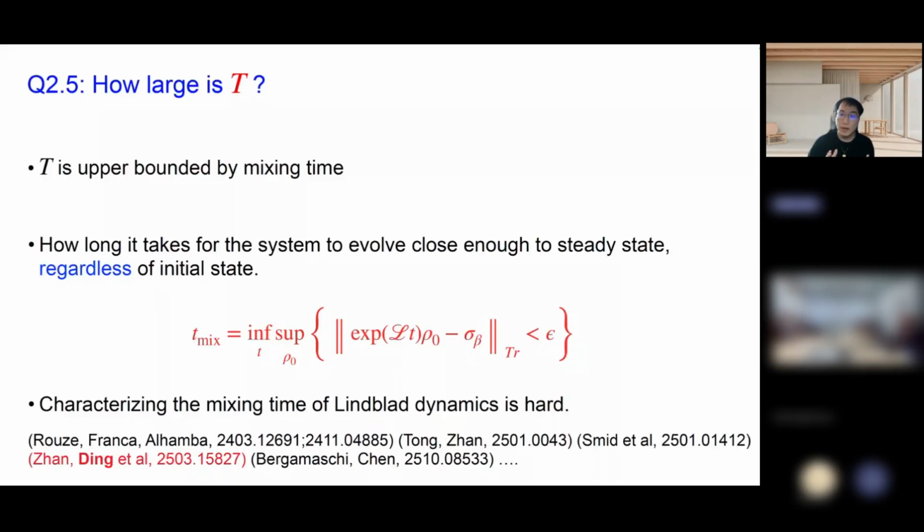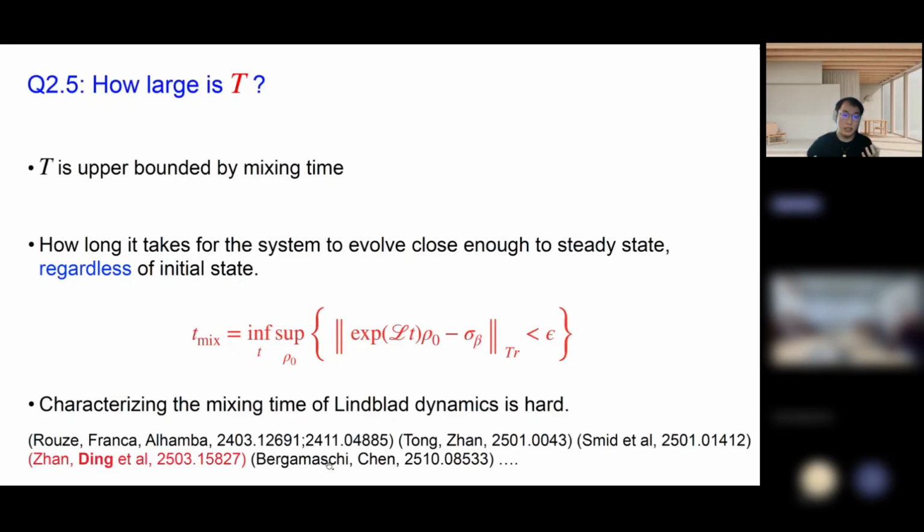Okay. However, theoretically, rigorously characterizing the mixing time of the Lindblad dynamics is very hard. In fact, we all know that for the ground state preparation problem, in the worst case, this problem is QMA hard. This essentially means, in general, we don't expect we can prove the mixing time scales as a polynomial in the number of systems for all Hamiltonians. However, we do want to show that for general physical and chemical Hamiltonians, the mixing time can scale polynomially in the system size. Okay, so